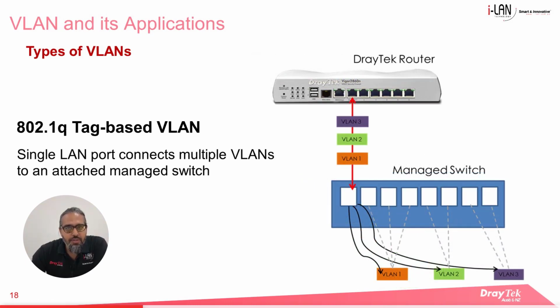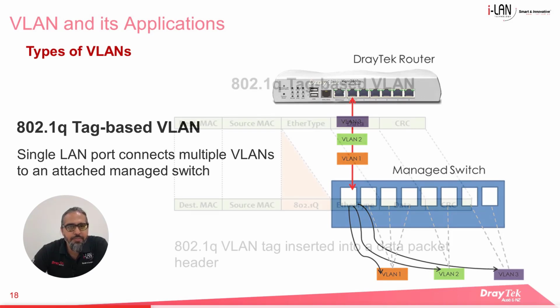To achieve this, we have a single port on the router configured with multiple VLANs, which also have a VLAN tag. This is the VLAN trunk connection, which is connected to a managed switch. In the example shown, we also have the three different VLANs in the VLAN trunk connection to the switch. Each VLAN, shown by the orange, green, and blue colors, can be for different workgroups.